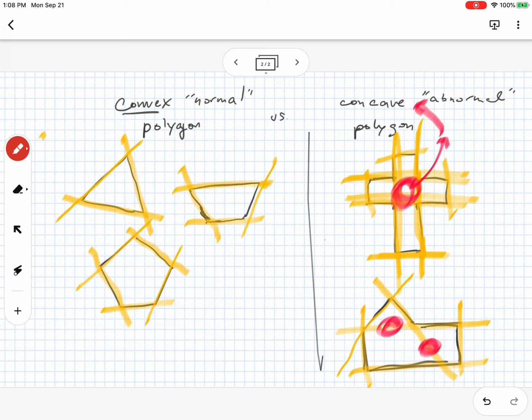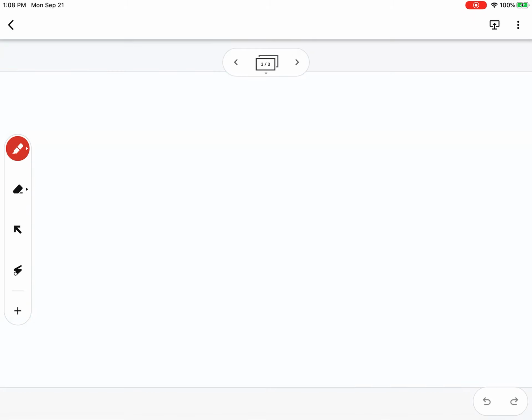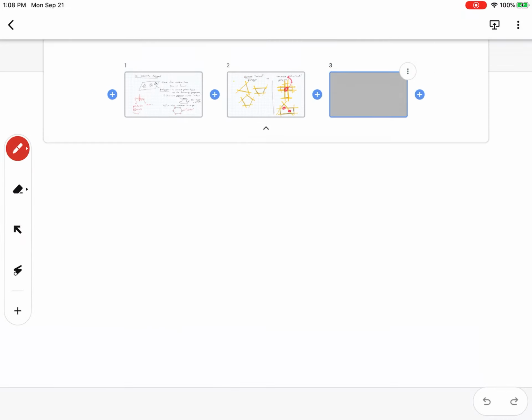Right here and right here, they intersect, or the sides go into the interior of the polygon, so it's called concave. Okay? All right. Now, to name a polygon,